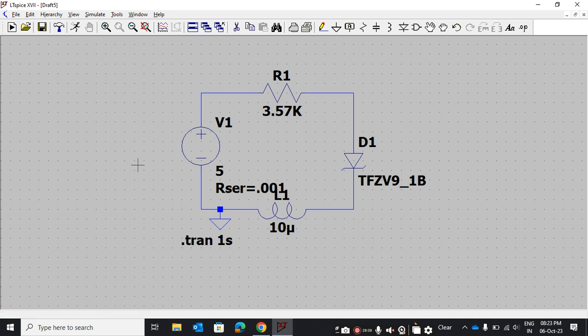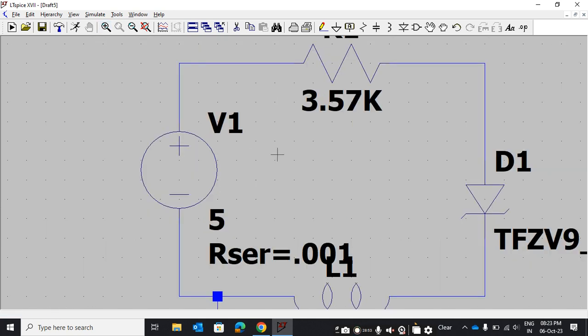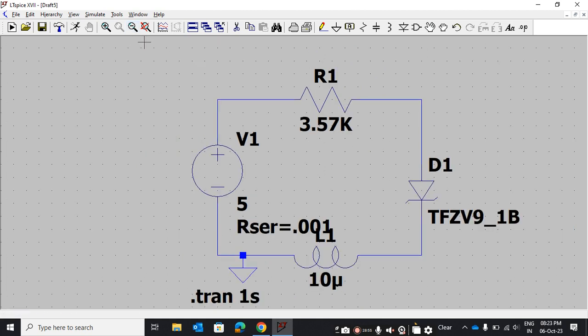Now I tell you some more commands, like it is simulation, it is control panel, it is save, and it is halt. You can stop the simulation by pressing this, and this is zoom in, and this is zoom out to make this small, and this is to fit the circuit in the display window.